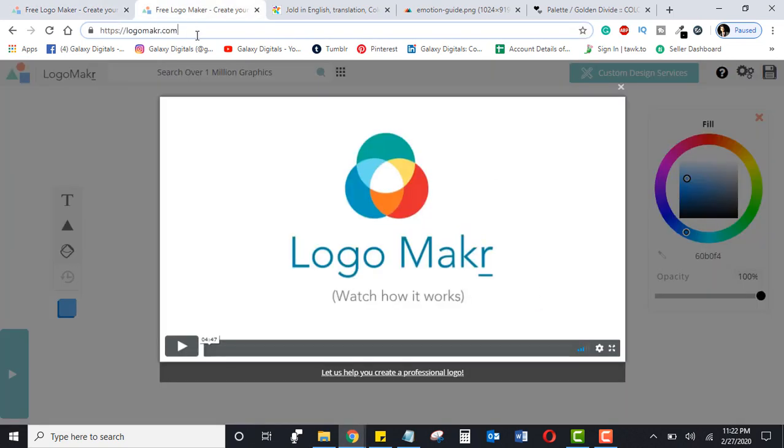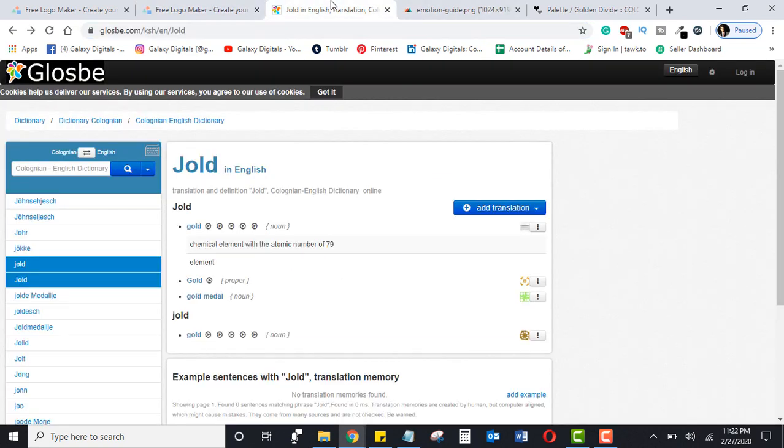So guys, the tool which we'll use today is logomaker.com. The link will be in the description below. The word jewelry means gold. Gold comes from the word gold, so I make it jewelry. It's an e-commerce website name, and the color